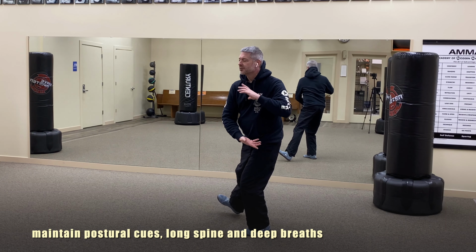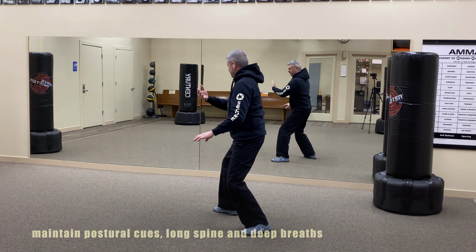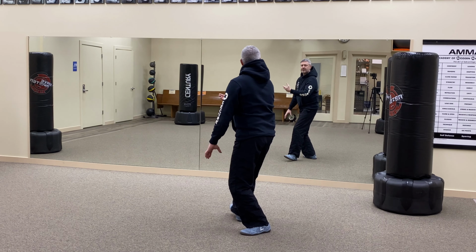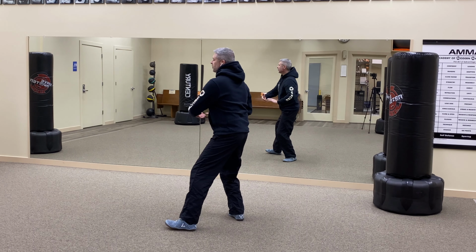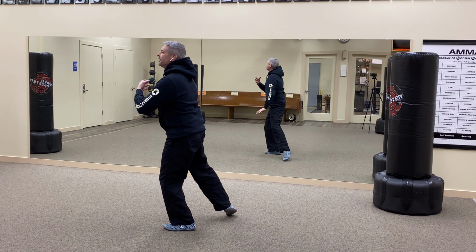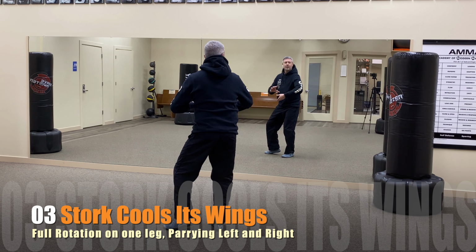From a T stance, we step out, sink our weight forward as we move heel to toe. We rock back, again pulling the toes up, drawing the leg in if we like, and stepping up. Holding the ball once more, stepping out, parting wild horse's mane for the third and final time as we prepare to slide up, drawing the rear leg up, sinking down into the right, and twisting in place over the right